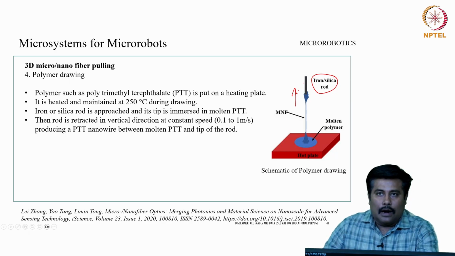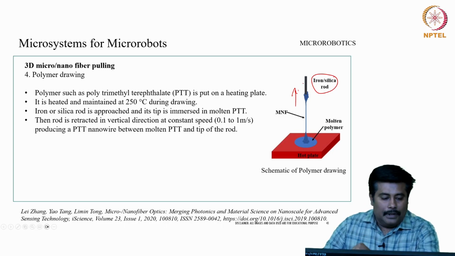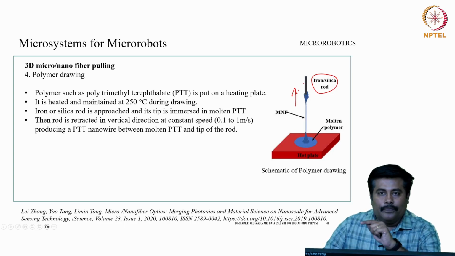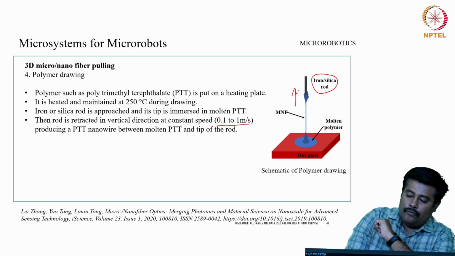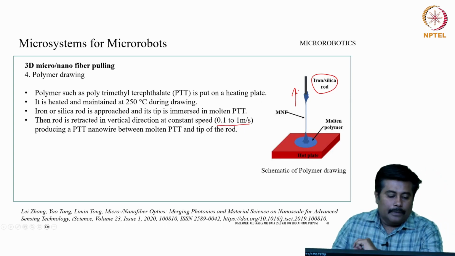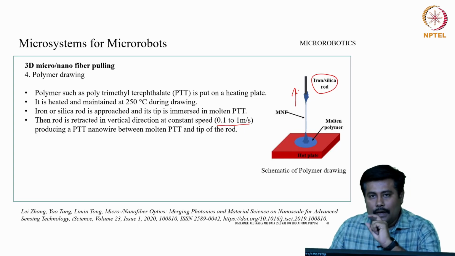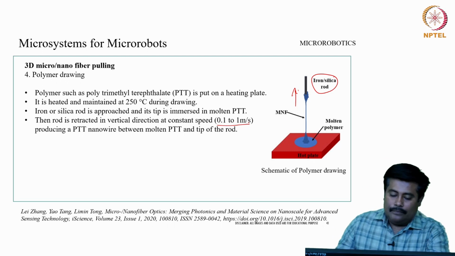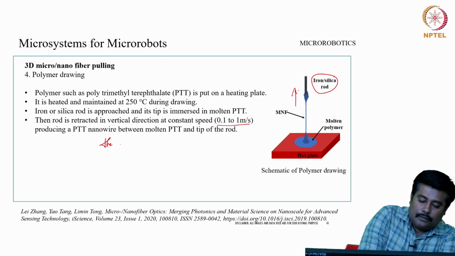The iron and silica rod is approached and its tip is immersed in the molten PTT layer. Then the rod is retracted in a vertical direction at a constant speed in the order of 0.1 to 1 meter per second, producing a PTT nanowire between the molten PTT and the tip of the rod. So, in this particular case, the diameter of the wire